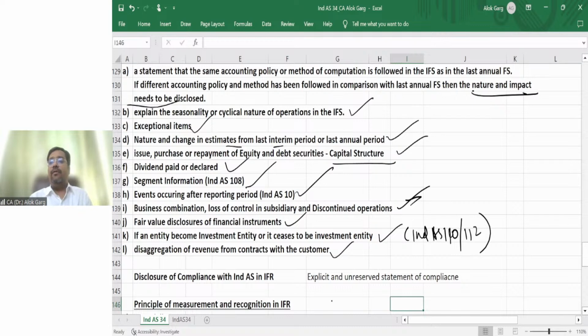Disaggregation of revenue from contract with the customer, right? What is disaggregation of revenue from contract with the customer? Your line items of revenue, your operations line. For example, revenue from sale of goods, revenue from sale of services, other operating revenue. So this is also required to be disclosed. Friends,